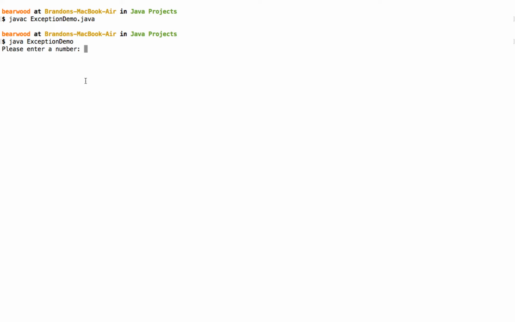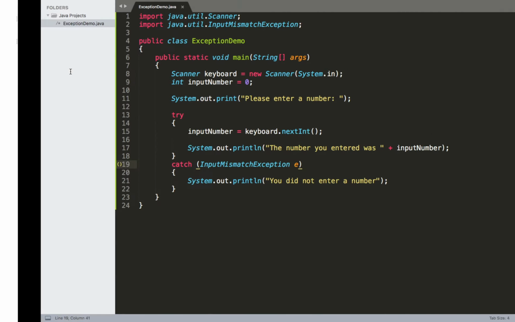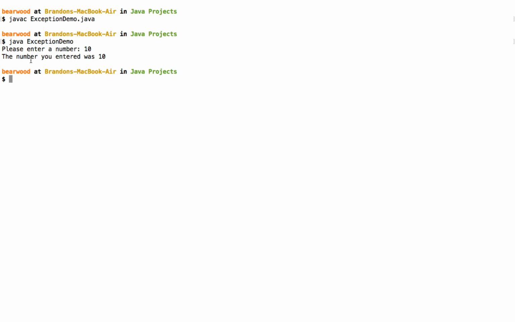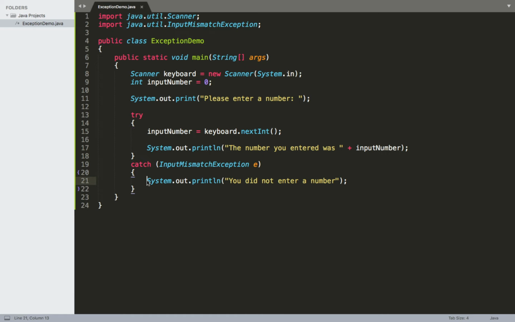And now what we're going to go ahead and do right here. So first we'll go ahead and test it with valid input. So just do the number 10 again. We do that. And we see in this case, because we didn't have an exception at this line, we just executed all of the code inside of this try block. So we also went ahead and ran this print statement. And we printed out the number you entered was 10. But the one thing we didn't execute was whatever was in the catch block, because we didn't catch that exception